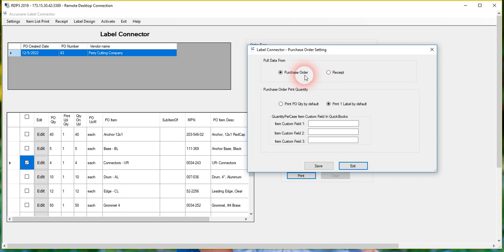So as things come in from a vendor, you might want to use purchase orders to label things that are coming in, whereas sales orders and invoices are useful for items that are going out to customers and need to be labeled on the way out. Here again, we have that same feature for changing the default quantity to print either to be 1 or the order quantity. Here we have an even more advanced